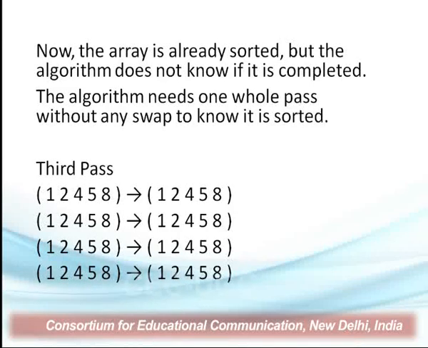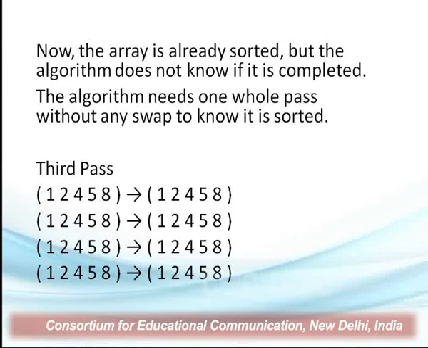Now coming to the third pass, 1 and 2 will be compared, no change. 2 and 4 will be compared, no change. 4 and 5 will be compared, no change. And then 5 and 8 will be compared, no change. Now in this third pass, no change has happened because the array was already sorted. It was sorted actually in the second pass itself, but the algorithm does not know that the array is sorted. So the algorithm needs one whole pass which goes without any swap,